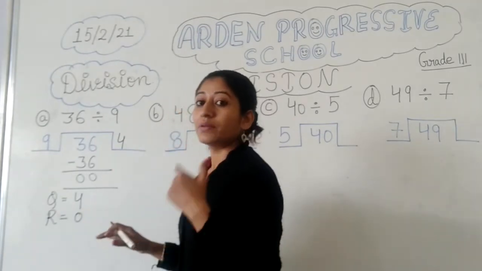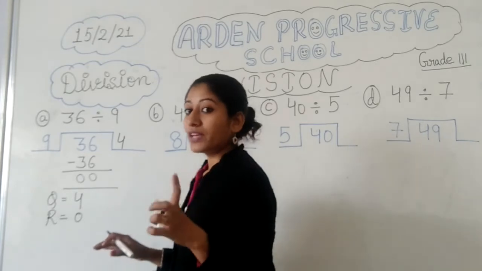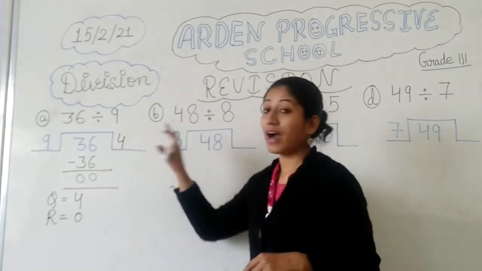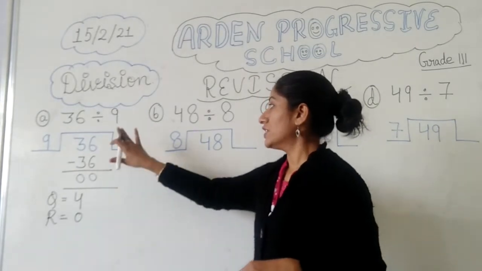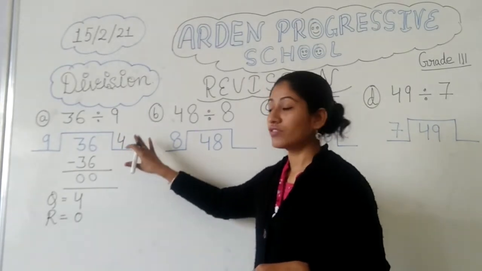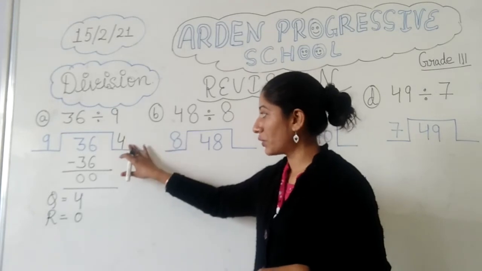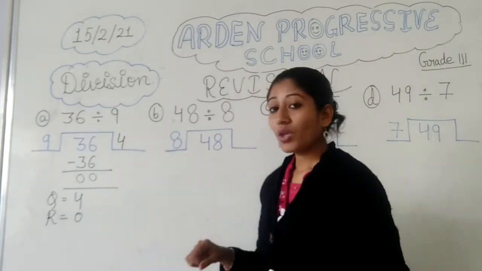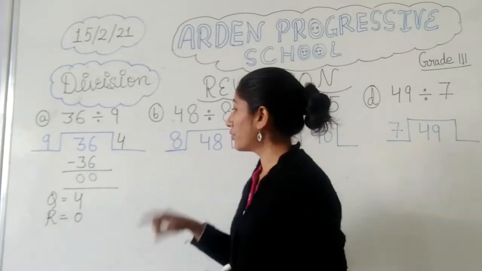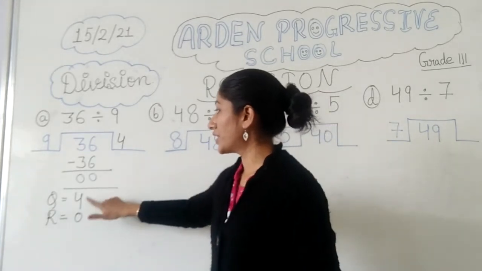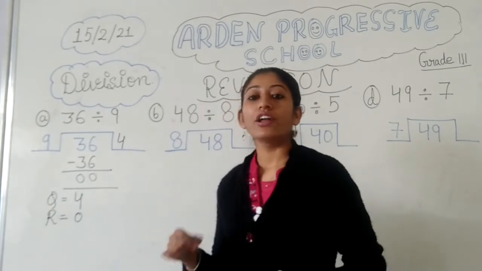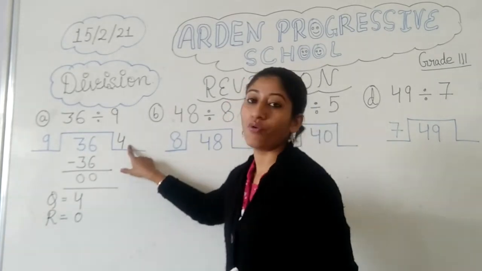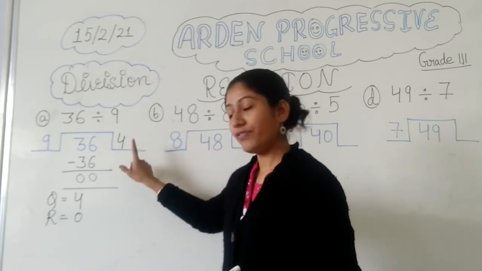I have asked this in previous classes also. So please don't get confused: when we are doing division, the answer of the division is the quotient. So it is called the quotient, the answer of division is the quotient only, and the answer is 4. But if somebody asks what is the quotient and what is the remainder, then you have to tell 4 is the quotient and 0 is the remainder. Or when somebody asks what is the answer of division, then you have to tell this one, 4. The quotient is the answer of division.